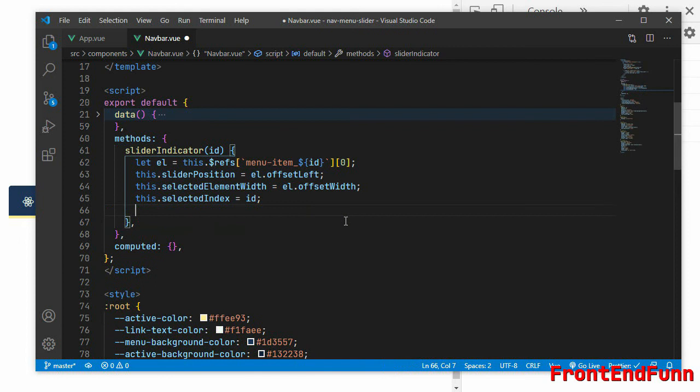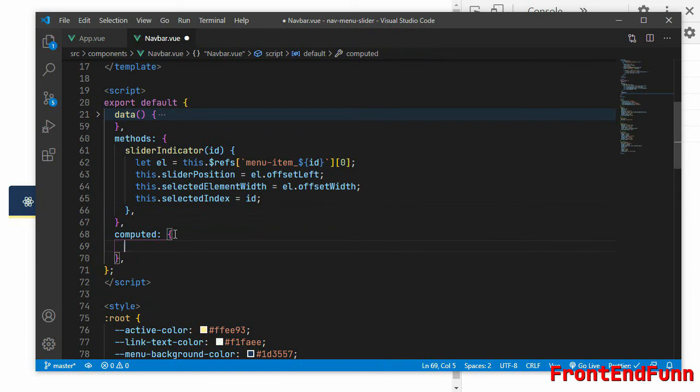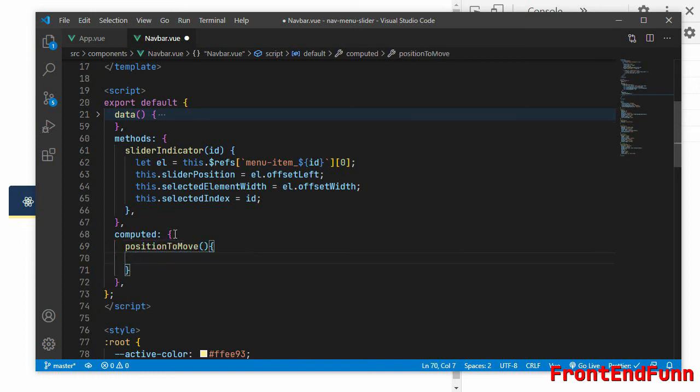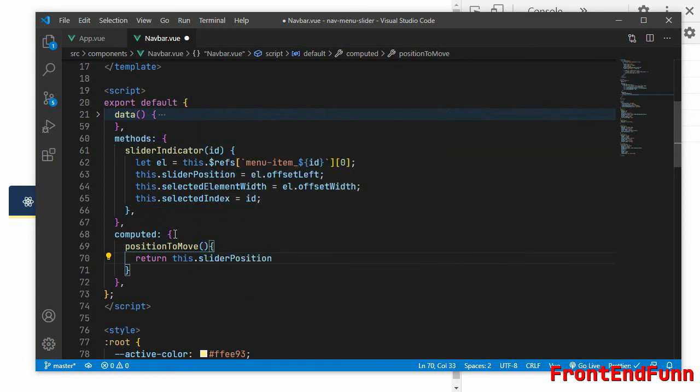Okay, now we need to compute the values. Inside the computed property, I'm creating two properties here, that is positionToMove. This decides the position of the element, that is the slider position. So this.sliderPosition plus px; I'm just returning the pixel value of the slider position.